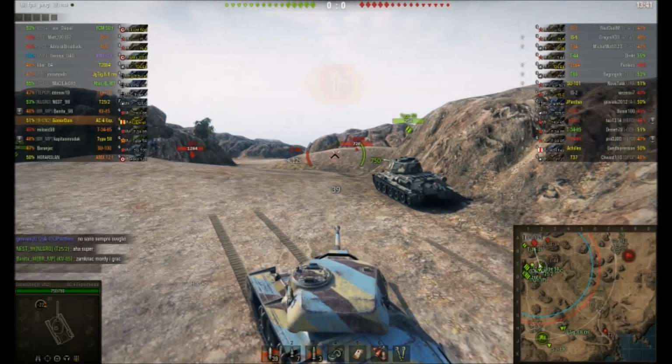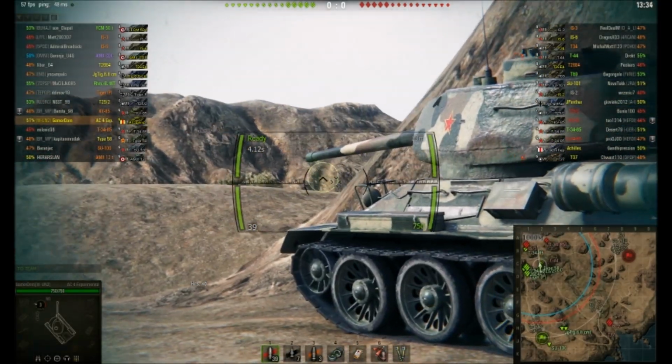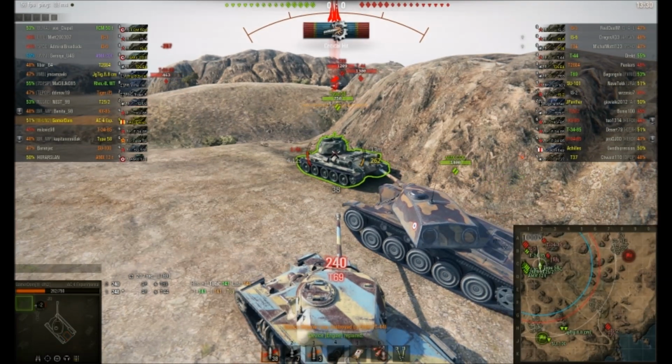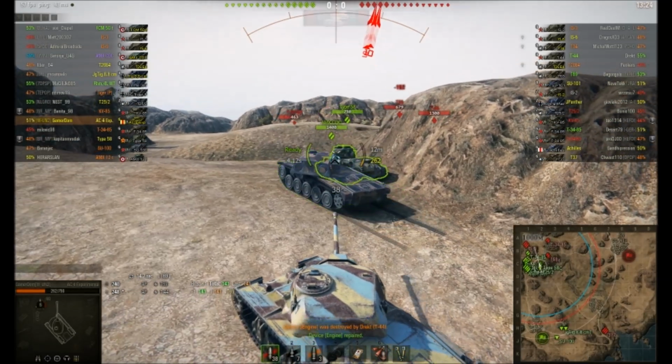Side shot into an IS-3, nothing. It's frustrating. Super armour of the IS-3, huh? Now there is no artillery, which is something. That wasn't great. I took a shot in the engine, but I took two shots. T-44 and the